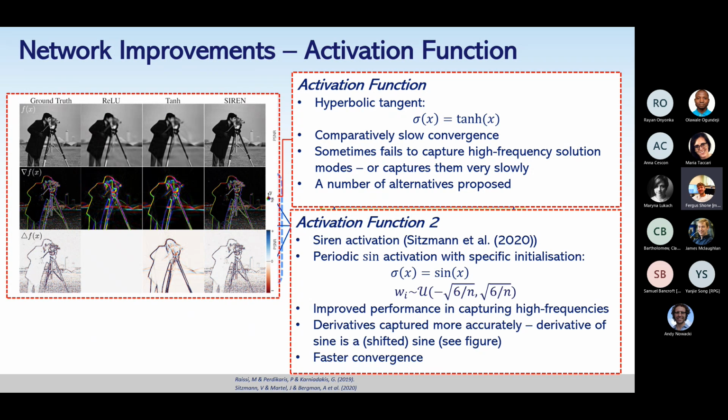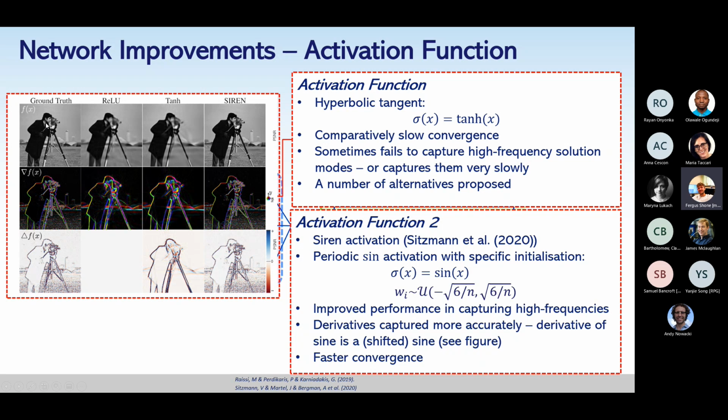So the second activation function, which is the one that I actually use in my work, is the SIREN activation. Essentially you replace your activation function with a periodic sine, and you have to use a special initialization scheme where you draw from this uniform distribution here. This again offers improved performance in capturing high frequencies, dealing with this issue of spectral bias, faster convergence, and also captures the derivatives more accurately,